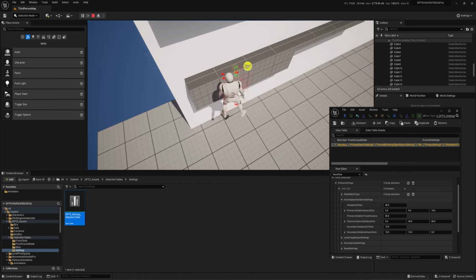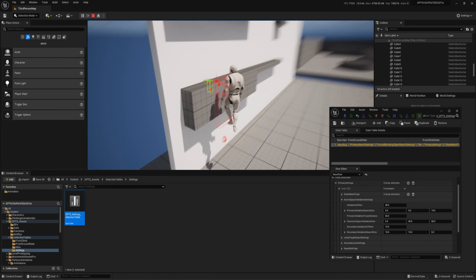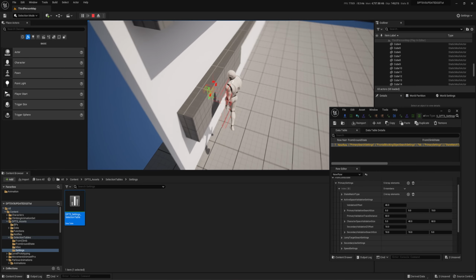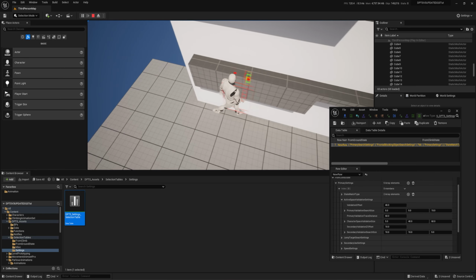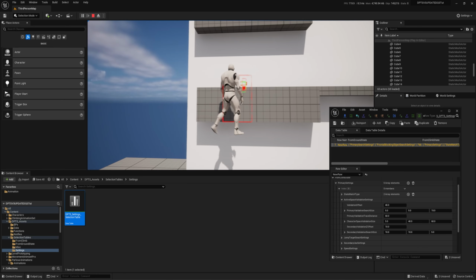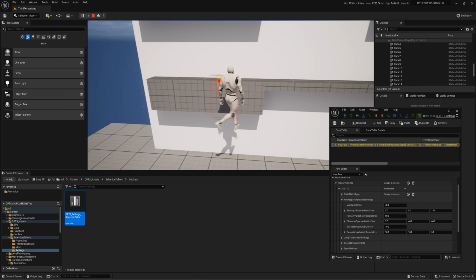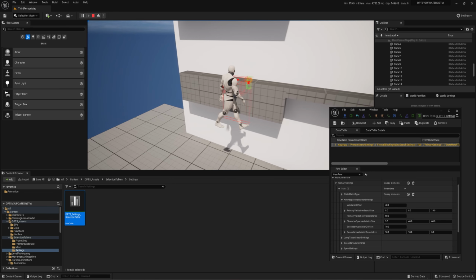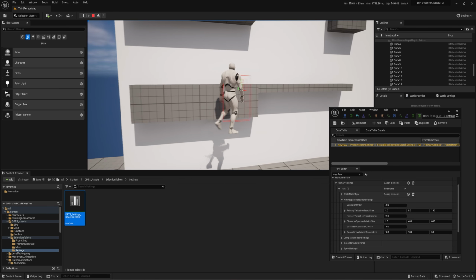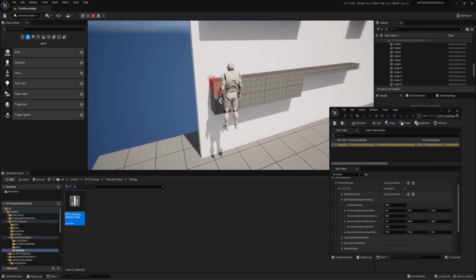Now the first thing to point out is you're going to see that there's a trace going around the character, a little bit of a taller box trace going in front tracing our object, and then we also have those two little line traces. Those little line traces are getting our active target area. The one that's going around our character is just making sure our character's space is valid. And then the taller trace that's running left and right, you can see as I switch sides, if I go to the edge here, this is the one that's actually checking to make sure that our space